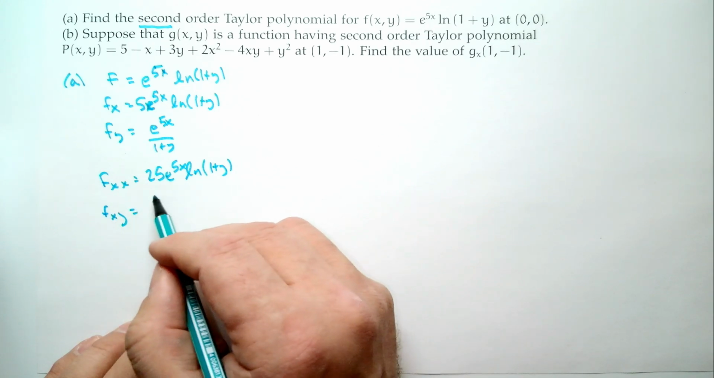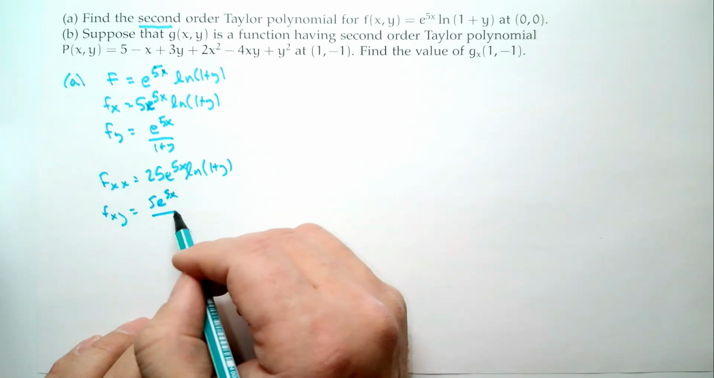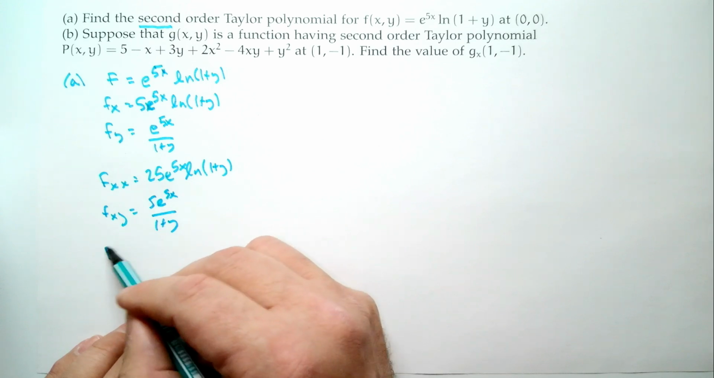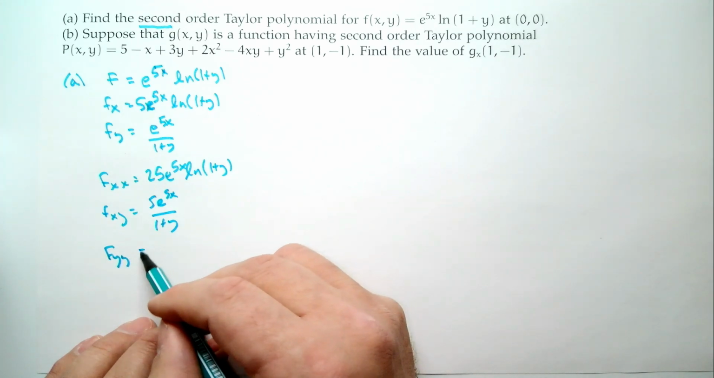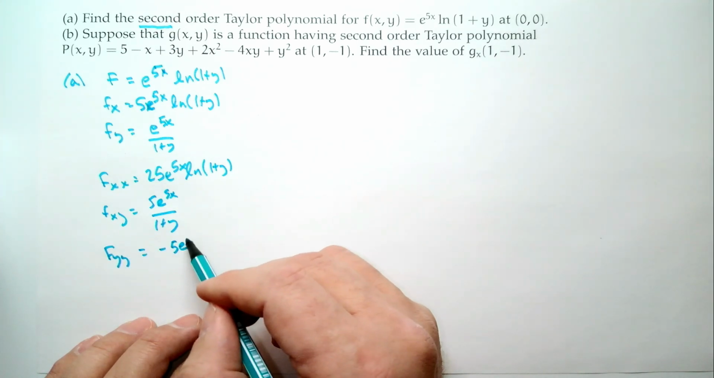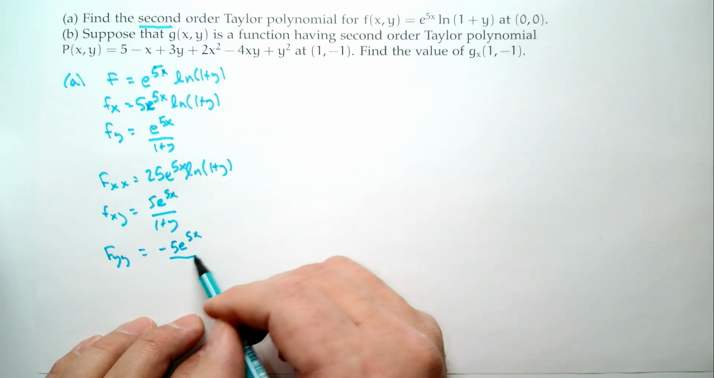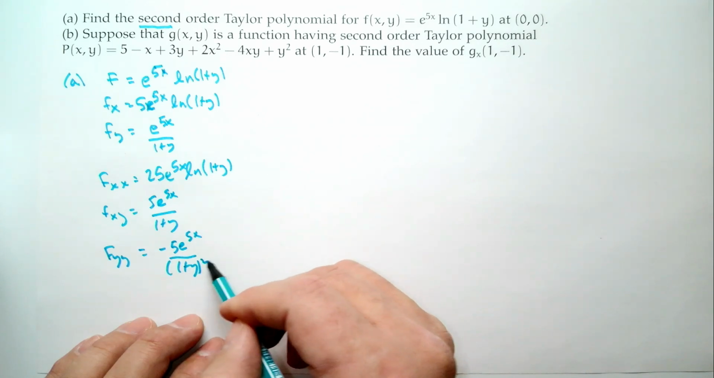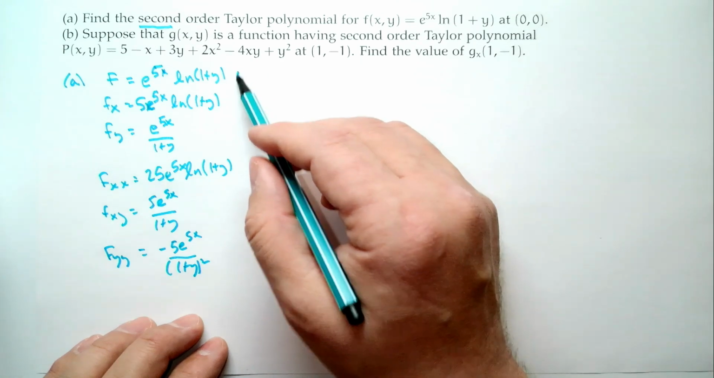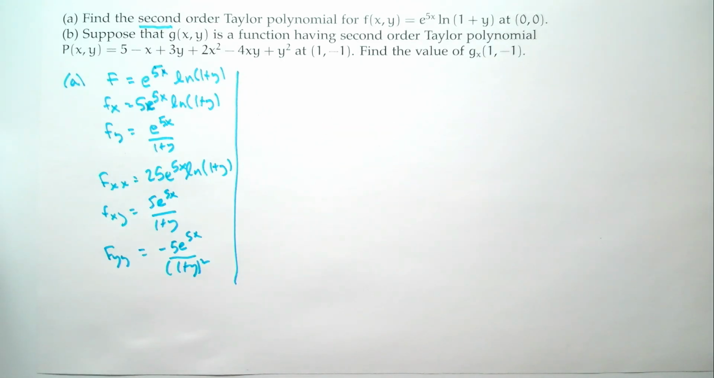fxy, well, that would be 5 e to the 5x over 1 plus y. And fyy, it's negative 5 e to the 5x over 1 plus y squared. We know what it is. Now, after you've done that, you've collected all your second order derivatives, then the next step is you